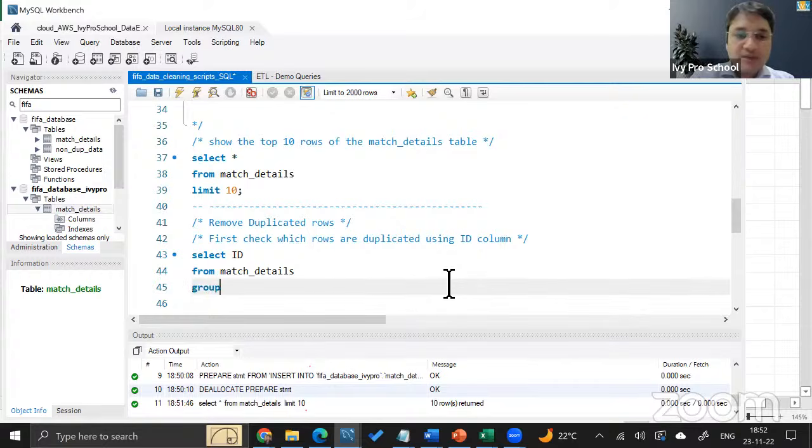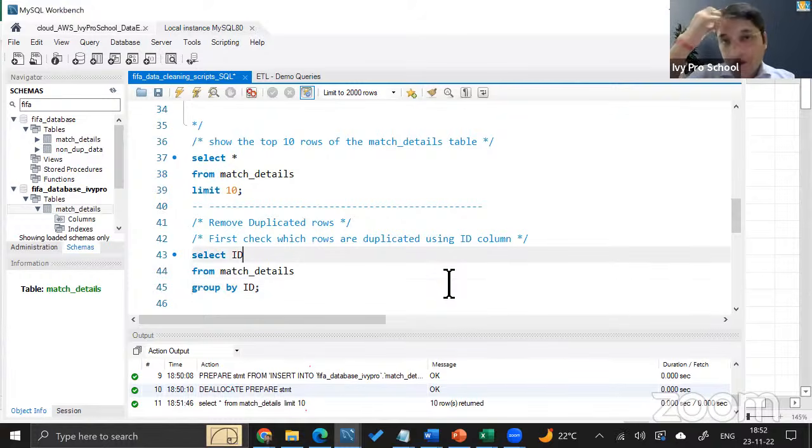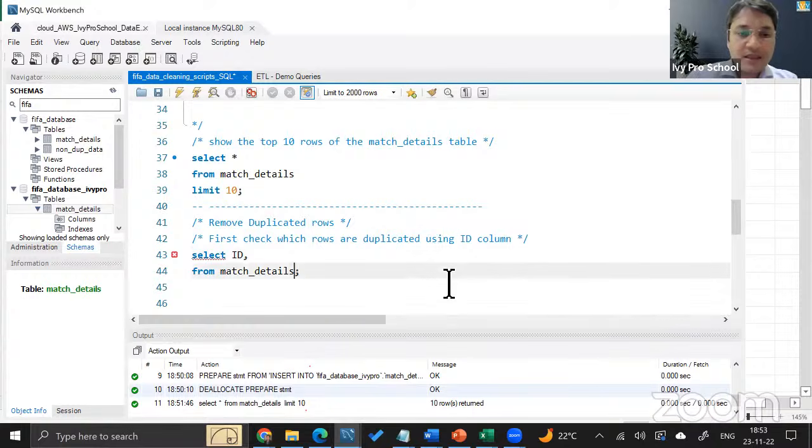Here, if I group the data, group meaning you are aggregating at the level of, let's say, ID. That means you're telling the database that please, when you extract the data, please group the data by ID, so that if there are multiple repetitions of ID, then it will come. How? I will use comma here, because let's say I don't group the data for a moment.